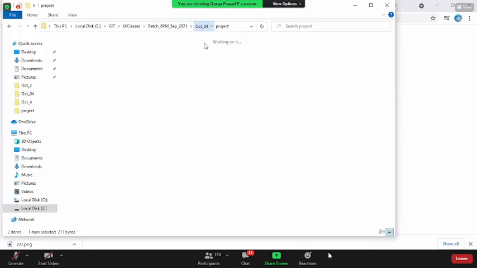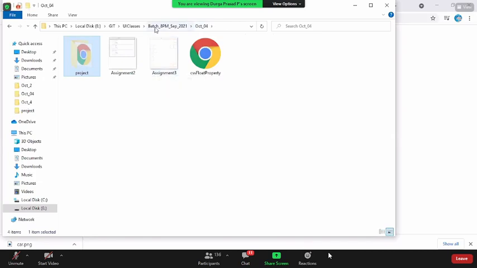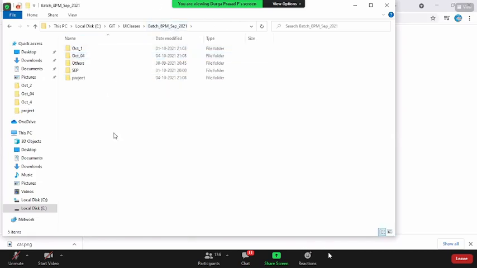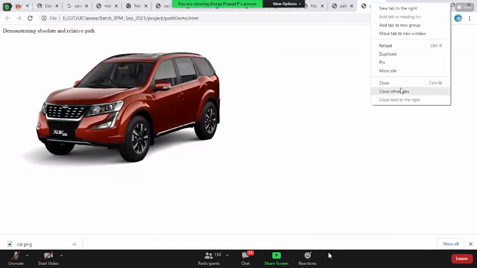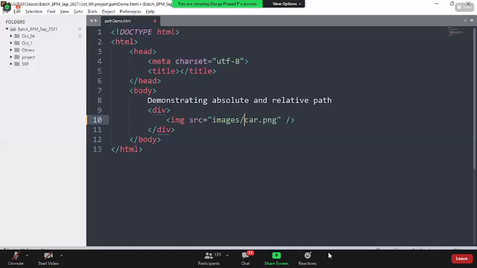Now what I will do is take out this project folder and put it in a different location. From there, I'm trying to run this. Is it coming, boss? Yes. Why so? You have given the relative path here. This is called the relative path. Earlier, it was the absolute path from head to tail, from the domain, etc. Every other thing you were mentioning over there. But here, I'm giving a relative path relative to my current web page.